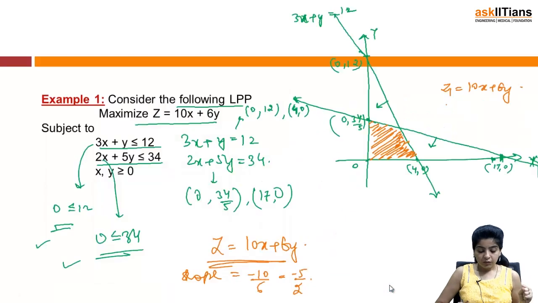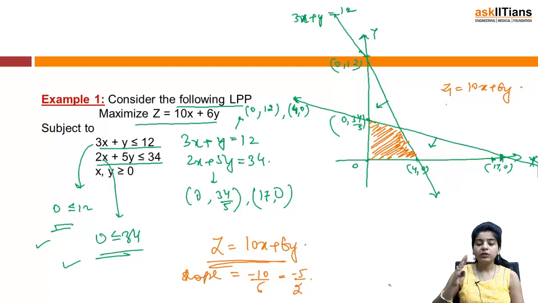So again, if we check what we have done, we started similarly as we had done in the corner point method. You have to convert your inequalities into equations, draw the graph, find the shaded portion, find the corner points, then give a convenient value to your objective function z and draw that particular line. If the problem is of maximization type, try to move farthest from the origin, and you have to find the line which is farthest from the origin and has at least one point common to the shaded feasible region.